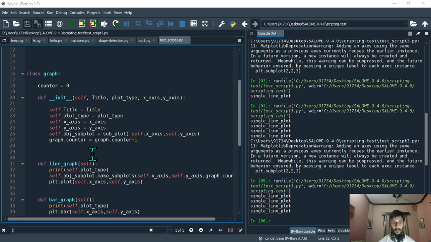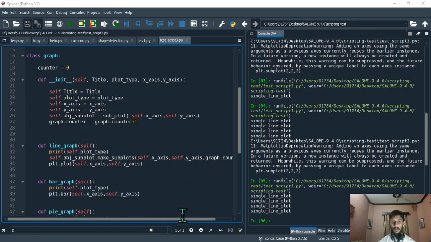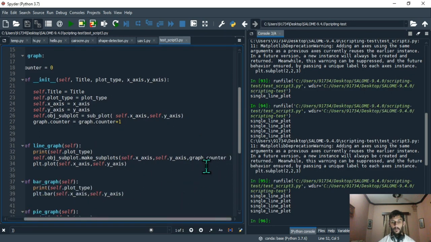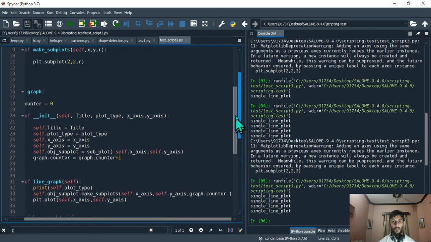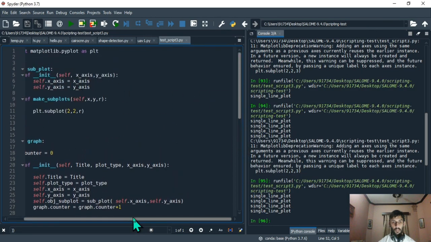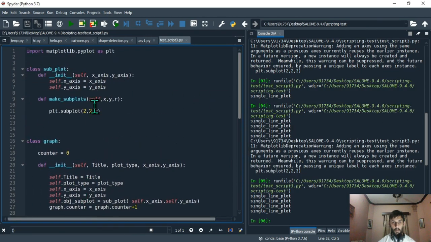So when it is done, then while you're calling that method through your composition, all you need to do is pass that value. And that value is going to be received there into the make subplot method, and that value will be changing every time, because you are calling the make subplots every time you're creating the plot.